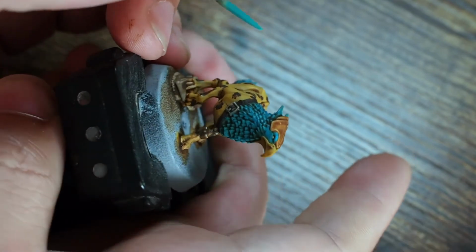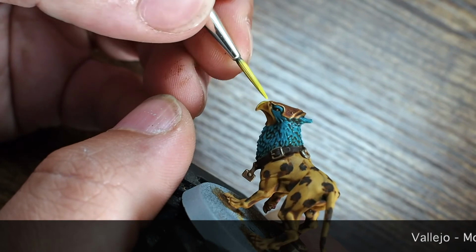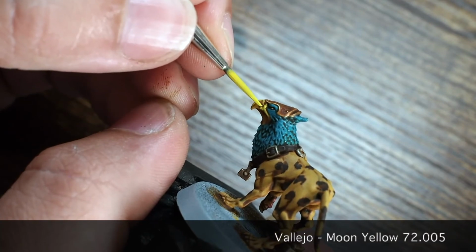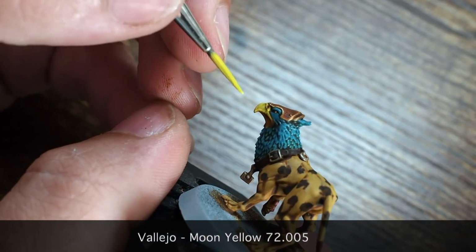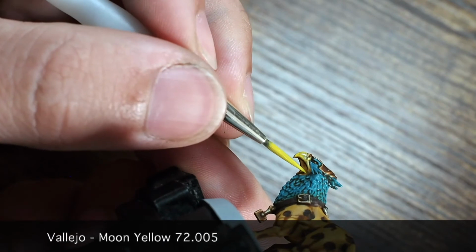And then with the beak, as I said earlier, we were going to use the gold brown as the base, and then we're going to build up from there. So what I'm using for this is a Vallejo moon yellow, which is a much lighter yellow, and as you see with my brush strokes, I'm going to follow along the lines and the pattern of the beak. So I'm going to follow the beak in certain lines, so that allows the brush strokes to follow that,